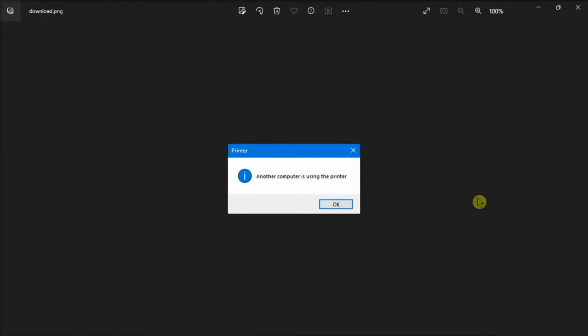Is Windows convinced someone else is using your printer when nobody actually is? If you're having the same problem, here are some possible fixes. So first, try the simple solution of turning off your printer and then turn it back on to see if